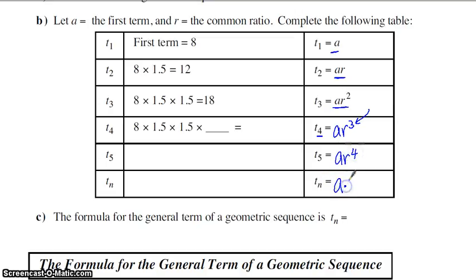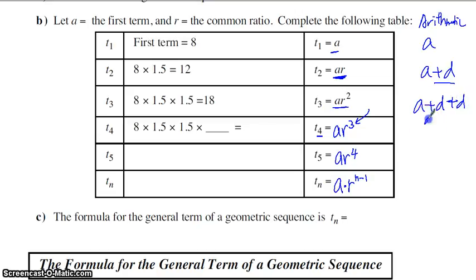Is A times R to the power of how many? One less than the term number, n minus 1. Okay? I hope you see the parallel with arithmetic. Arithmetic will have A plus D, instead of A times R, because it's geometric. Here, arithmetic is adding. And then when you add 2D,